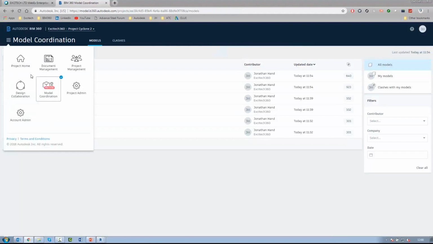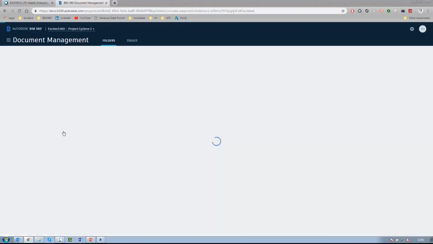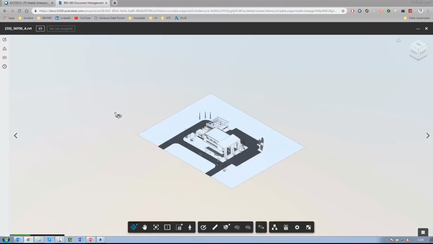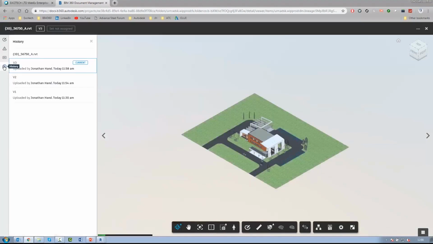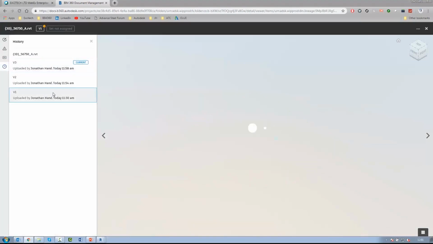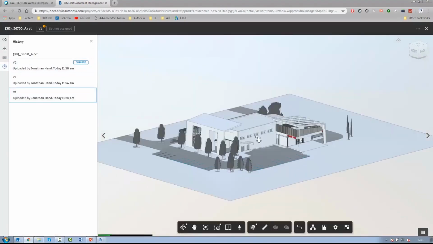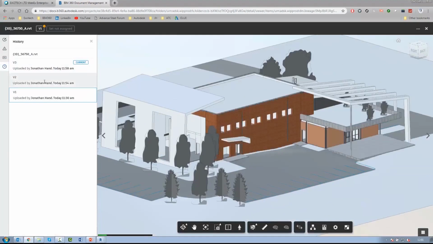But if we go back and look at the document management, and we click the model from within here, so we click version 3, we can view it within the viewer within BIM 360. You will see on the left I get a history button, and this now shows me the 3 versions that I've uploaded, and I can switch. If I want to go back to version 1, you'll see that it's saved within the project, and that this version doesn't have any windows. If we click version 2,